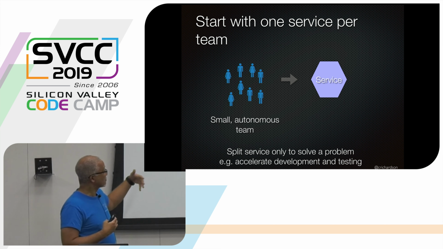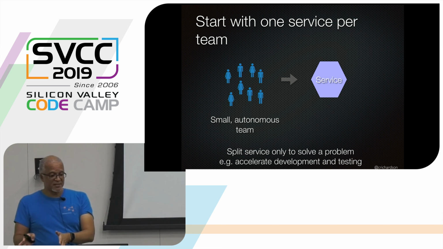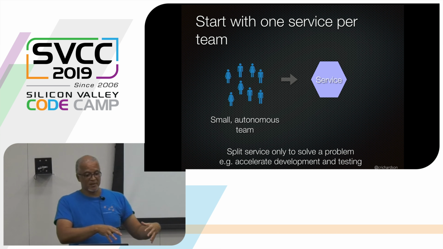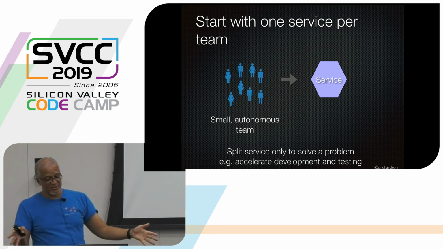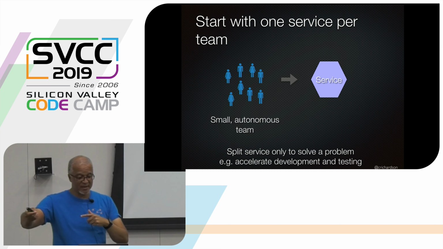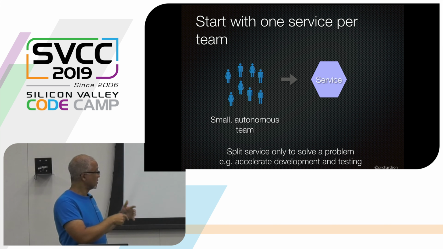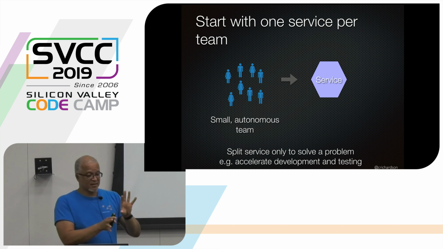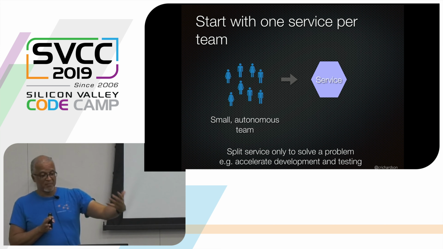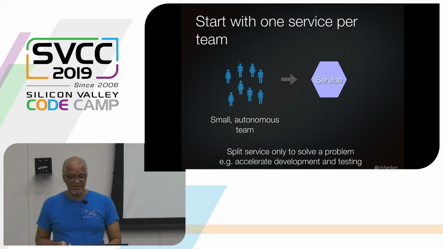Given that the goal really is team autonomy, you can achieve that with one service per team unless that is demonstrably a problem. Like maybe the service actually has got too large so that it takes too long for the deployment pipeline to run. And so there's real value in splitting it up into smaller services that can be changed, tested, and deployed much faster. But the starting point is one service per team.